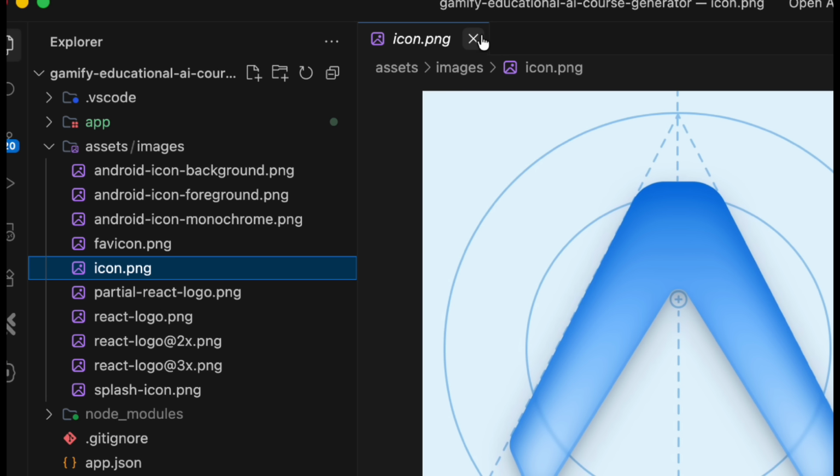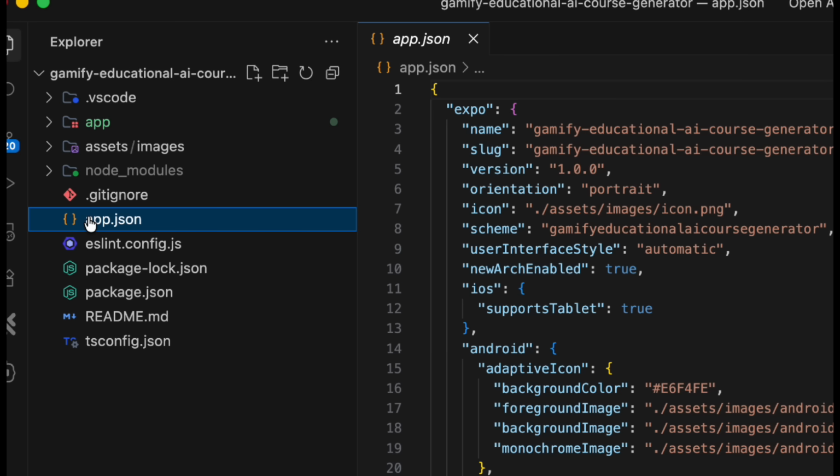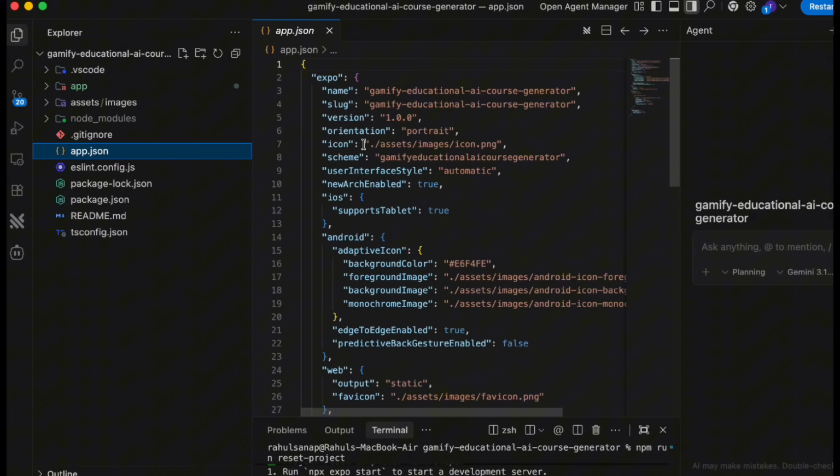Then we have the node_modules folder, which contains all the packages info, or the packages' code. Obviously we are not going to touch this folder at any time. Then we have app.json, which is a very important file, because it has configuration related to your Android